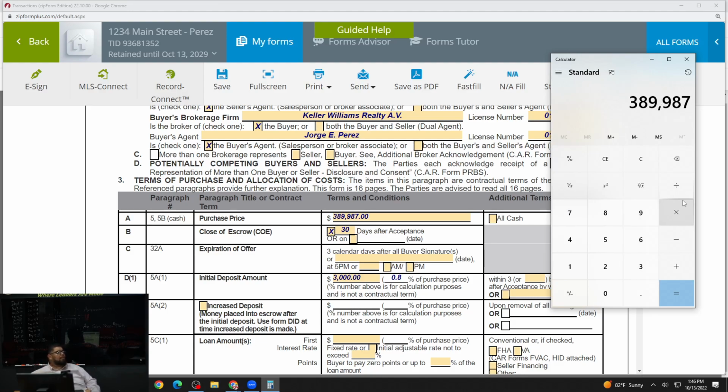$389,987. Let's say that we're going to be using an FHA loan. What is the down payment for an FHA loan? 3.5%. So how do we figure what the down payment is going to be? You multiply it by 3.5%? Exactly. All you gotta do is a simple multiplication. So you take the offer amount times 3.5% equals your down payment. Okay? So what would be a third of